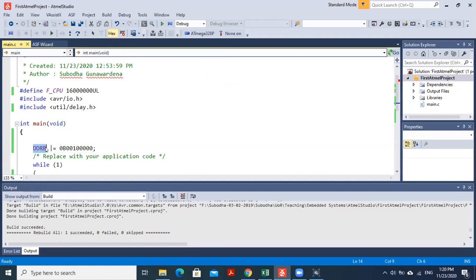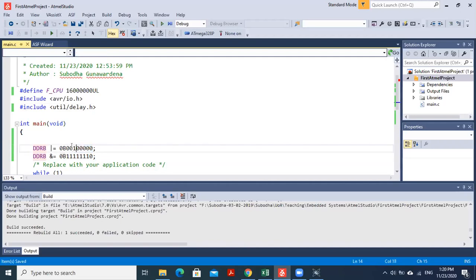In that case, probably I have to set DDRB equal to 0B11111110. Here I'm setting this one to 0, and the rest I'm not going to change. The rest of the ones remain the same.